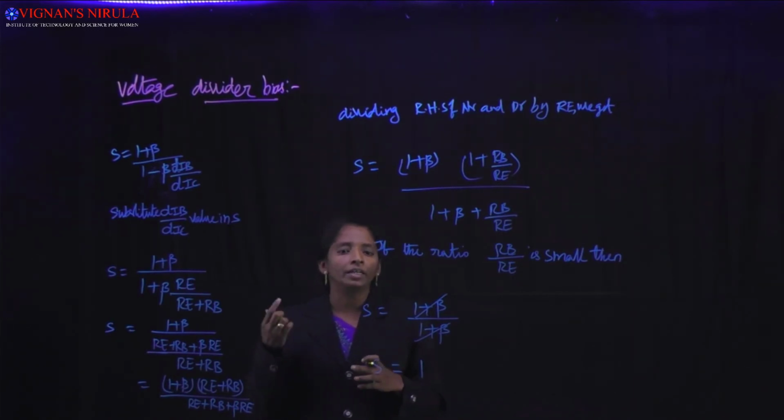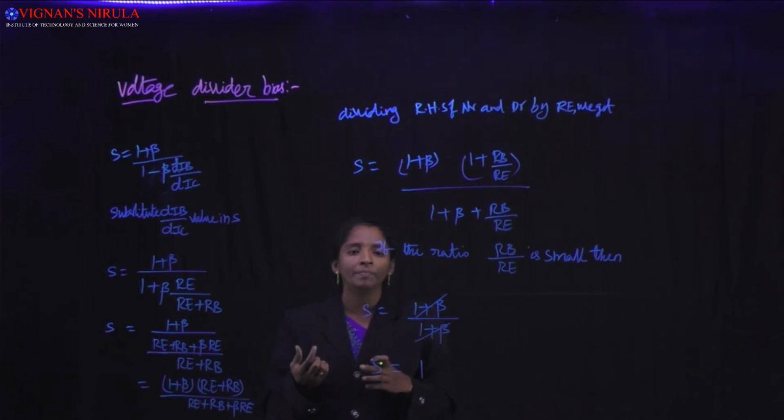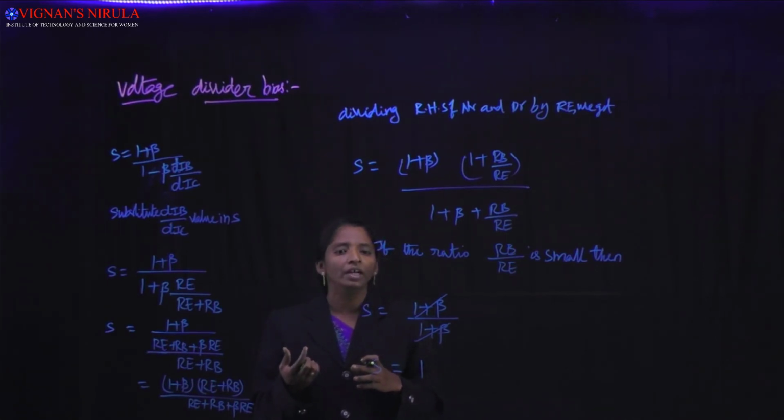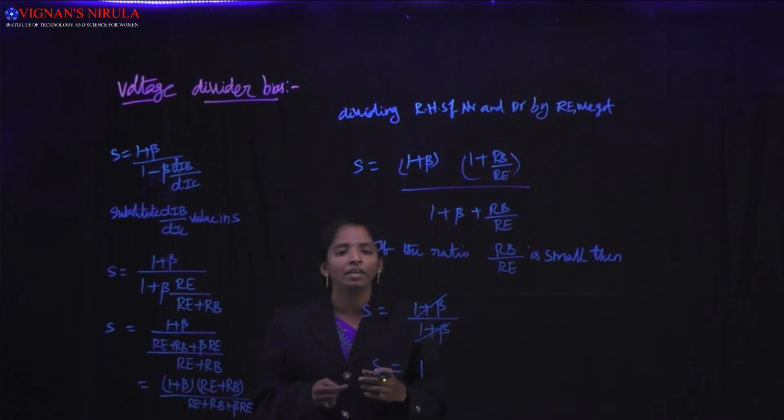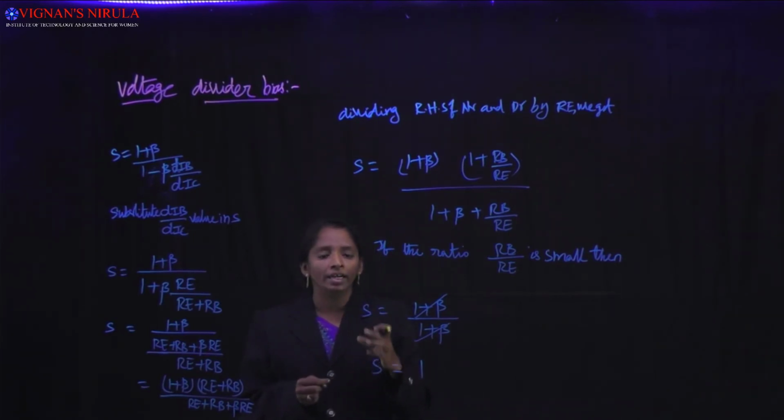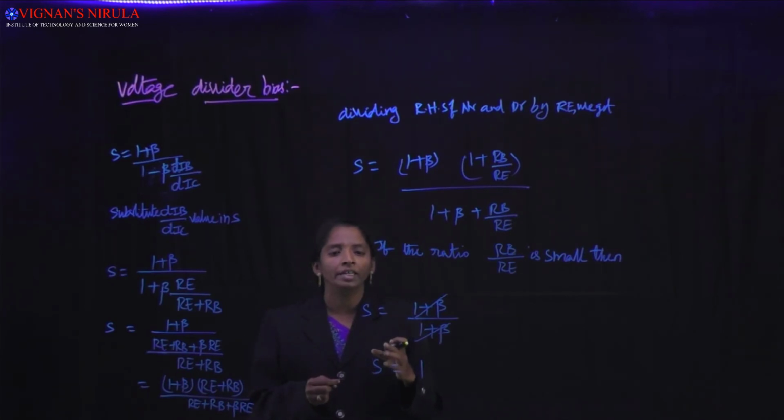Here in the fixed bias circuit we are using RB as the feedback network that is connected between VCC and the base of the transistor. In the collector to base bias circuit we are connecting the feedback network between collector and base. Here RB is the feedback connecting collector to base, and in this circuit we are connecting the feedback network at the emitter. So the feedback network here is the emitter resistor, that is represented with RE. So here it creates a negative feedback.